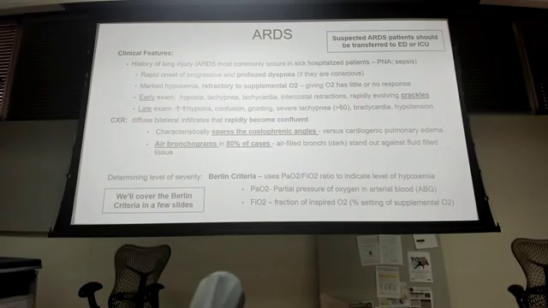Then that marked hypoxemia, refractory to supplemental O2, right? So you're giving them O2 and it's just not improving. It keeps getting worse. You keep cranking up the FiO2. What I want you guys to think, oxygen is not just this benign thing that we give, right? There's a lot of side effects if I give too much oxygen. If I gave too much oxygen to a premature baby, what could happen?